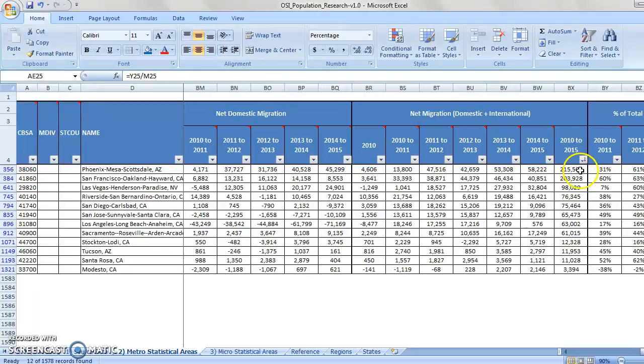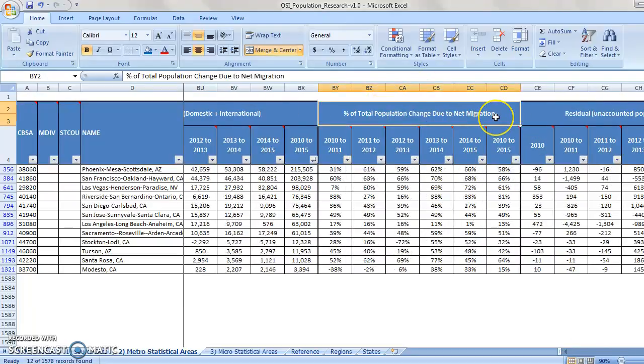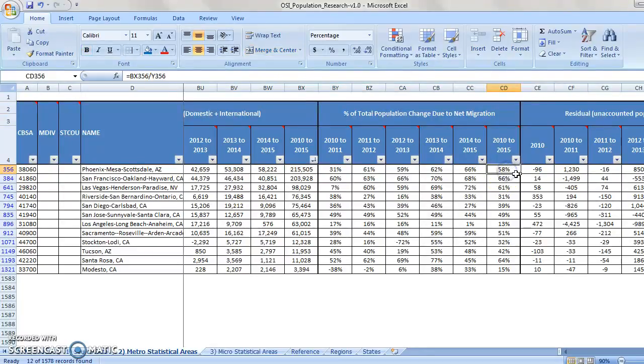So when I sort from largest to smallest for net migration, again, Phoenix, Arizona is number one when I look at these markets in California, Arizona, and Nevada, followed by San Francisco and then Vegas. If I keep moving to the right, just wanted to explain here the percent of total population change due to net migration. Now what that is, these percents, let's say this one, 58%, all these populations here, these markets, since